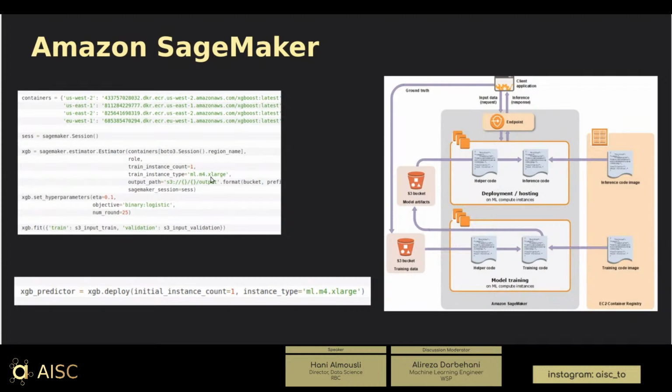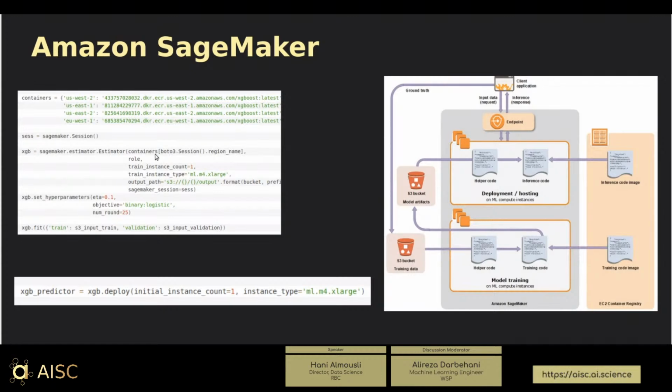Because the good thing is that with AWS SageMaker, a lot of algorithms are already parallelized for us. You don't have to worry about that. So it will be taken into consideration depending on the algorithm, of course. And then you say, what's the output path? Where do you want your final result? As you can see, like the model artifacts and everything, where it's going to be saved. And you give them the session that you provided.